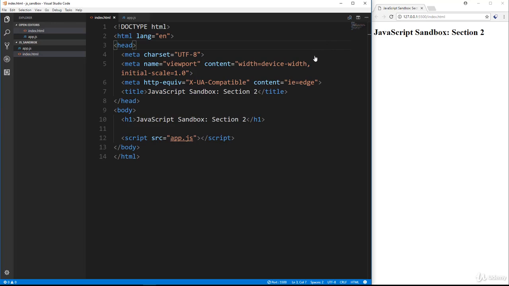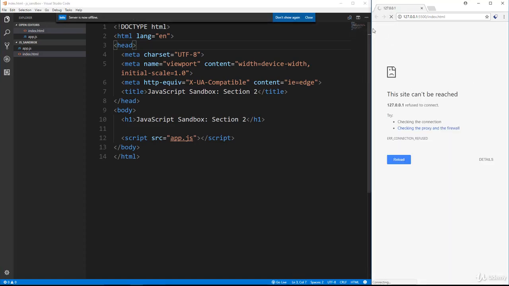Now, one thing I didn't mention is how to stop the server. So if you want to stop it, then you can go down to this right here where it says port 5500, click that, and that will actually close the server up. So now if I were to reload this page, it's not going to work. All right, and then if you want to run it again, you can just right click and say open with